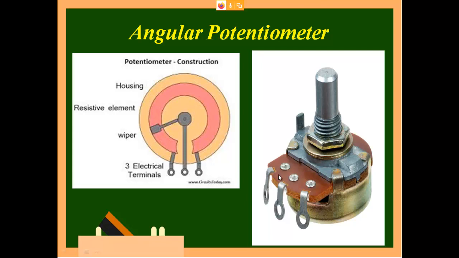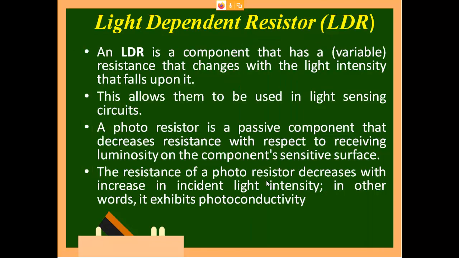But why is the one more terminal kept? That is to say how you are going to rotate, whether in this direction or in this direction. Depending upon the rotation, clockwise or anti-clockwise, you have to select this terminal. So you will get an idea of all this when you do a project. Okay, then comes one more type of resistive sensor we will see, and with that we will stop.